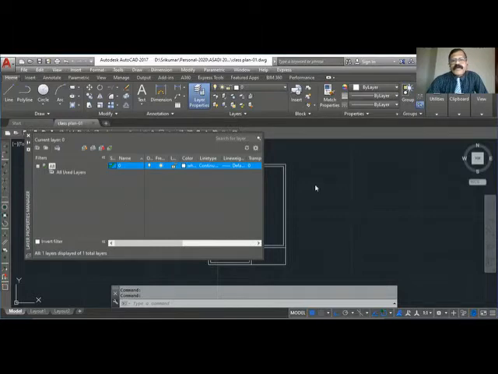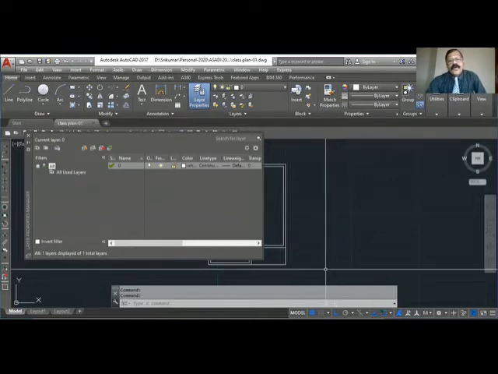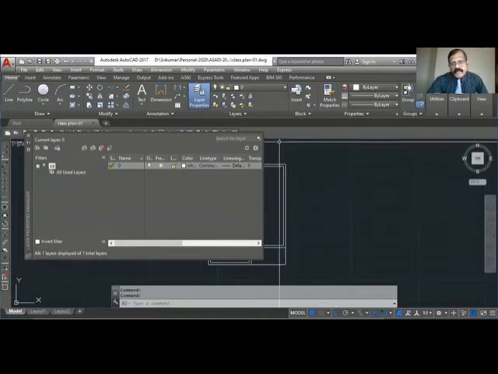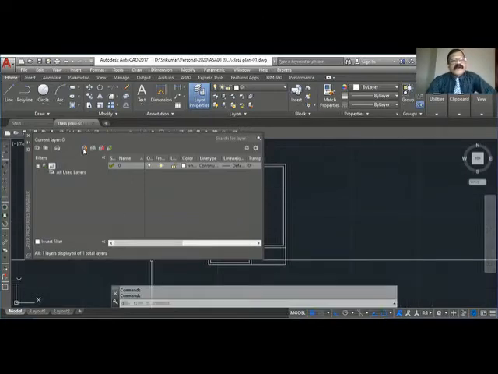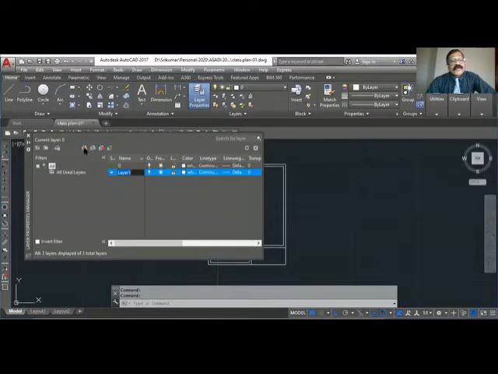Okay, so I want to create a new layer called center line. I want to make a center line in that one, or grid line. For a drawing, you require grid line. So I'll say a grid line. So how will I do it? I will use the first button here, New. Click. So you get a new layer. You get a blank layer here with Layer 1, white color. So I will rename this to grid.